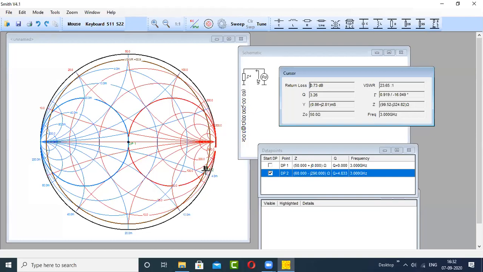Now the procedure will remain the same. You have to move from the load side and keep traveling on this line till you intersect the conductance circle, the way you have done on the hard copy. Once you intersect the conductance circle, from there you have to move to the center of the Smith chart, and for that you have to add a stub. One thing, sir: I have to click on this line. Whatever stub you selected earlier was short circuited. Now for this problem, you have to select an open circuited stub. Am I right? Yes sir, we have to use an open circuited stub. That was today's topic, right?